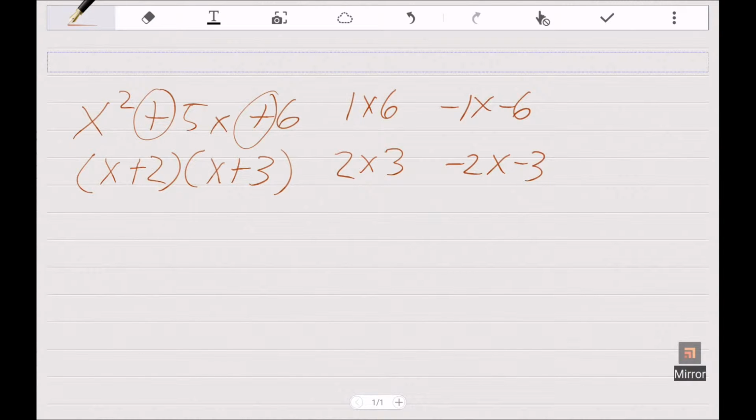Now, the reason that this second sign is important, the one in front of the 5, is that it tells us which sign we're going to use. If we add two negatives, that's only going to give us a bigger negative. So we can discount our negative answers. So we know that we're looking for positives. And as we saw last time, 2 plus 3 gave us our 5, so that's why we chose 2 and